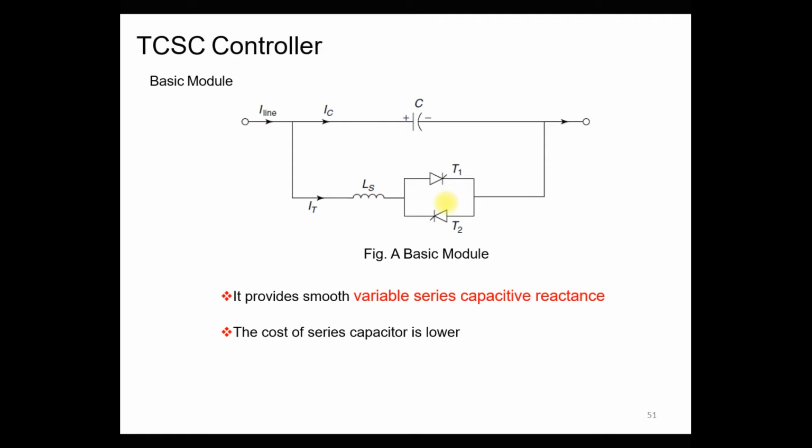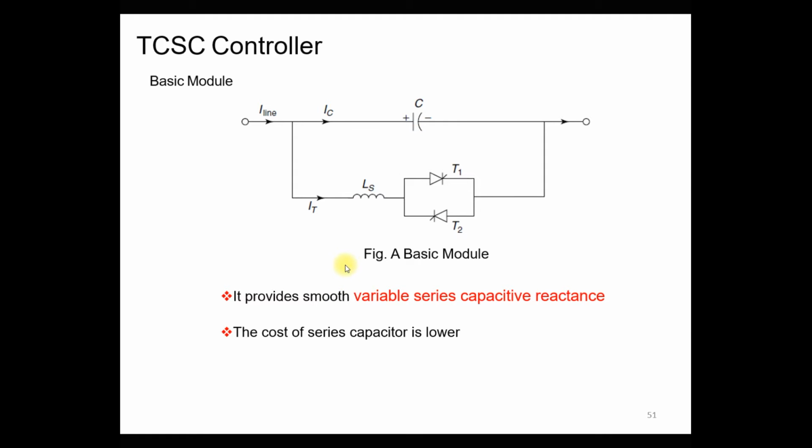But if you need to inject reactive power into the system, at that time open this thyristor controlled reactor branch. It means remove all the gate pulses of the thyristors. So open this parallel branch by removing all the gate pulses of T1 and T2. So only the capacitor remains in the circuit. The whole line current flows through this capacitor, and it injects a sufficient amount of reactive power into the system to increase the power transfer as well as to maintain the voltage support in the line.